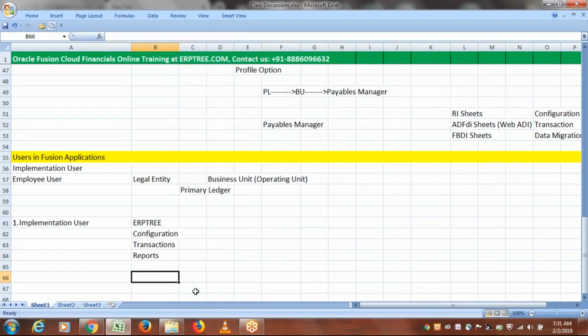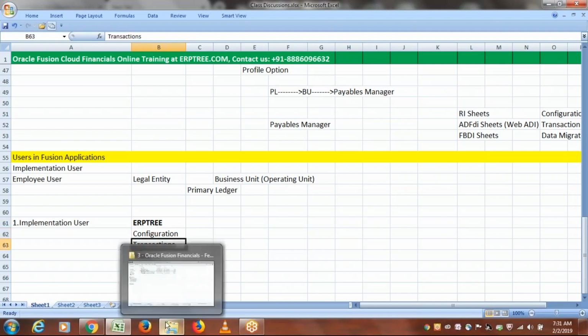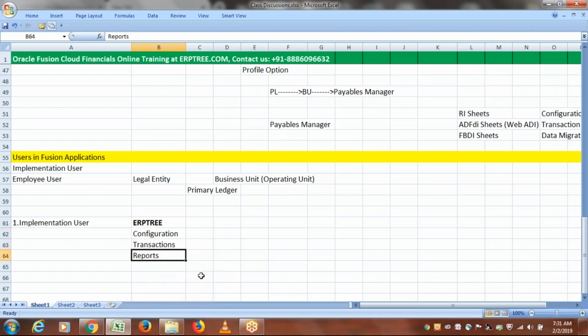Where we get stuck with this implementation user, when we talk about finance, we are talking about finance only. If you talk about other applications, there are some other points we have to understand. So as an implementation user, you can do the configuration, perform the transactions, run the reports, and do any other activities that need to be done by any user within the application environment, as a consultant or just a business user. As a part of configuration, when you talk about only finance,